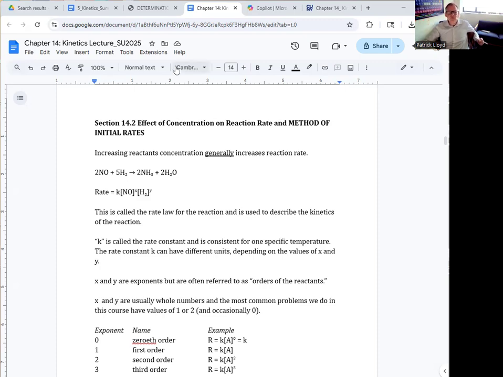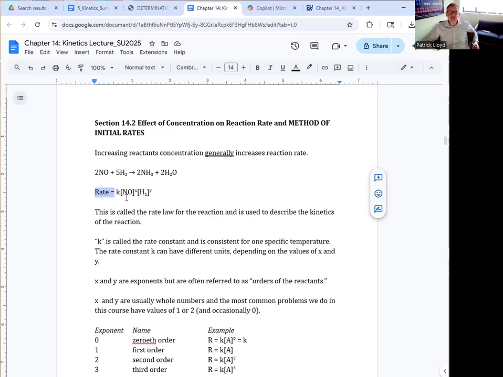So here's an example of a reaction where we have nitric oxide, NO, reacting with H2, hydrogen, and forming ammonia and water. And there's something called the rate law. The rate law is generally of the form rate equals, with the rate on one side and, on the other side, a lowercase k. Sometimes the k will have a subscript like k1 or k2. Sometimes it has a superscript like k dash or k prime. But it's just a lowercase k